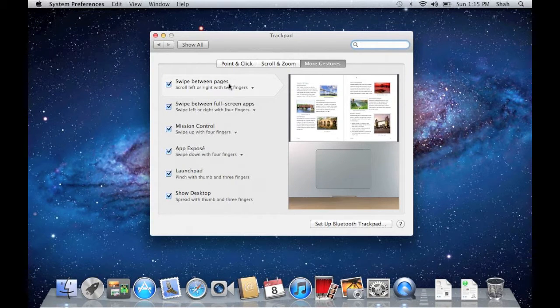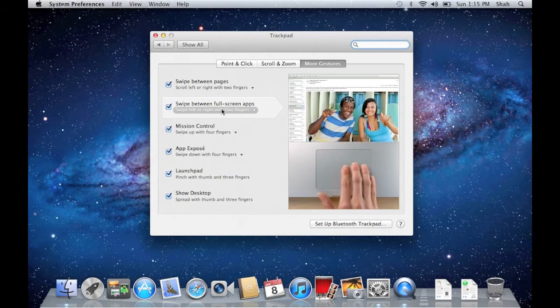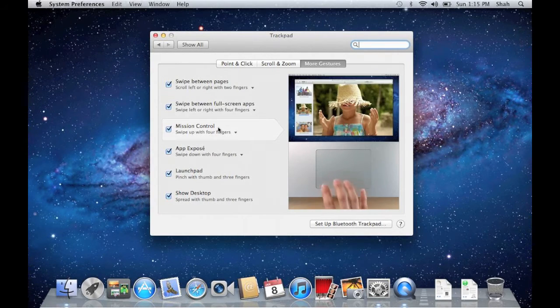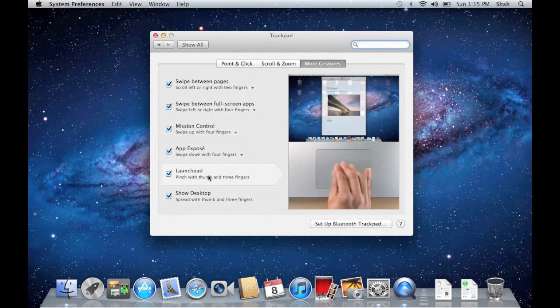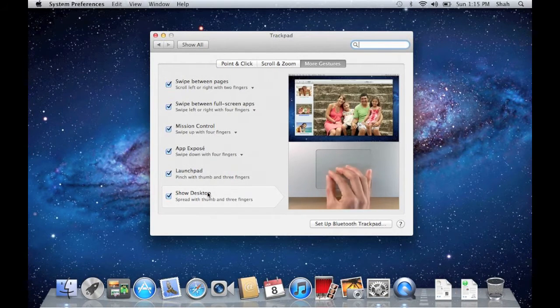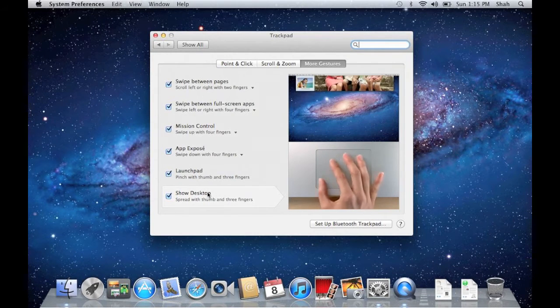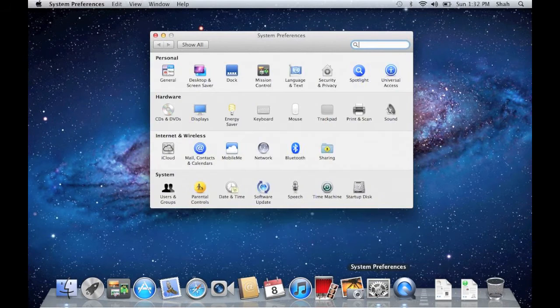Now review each section as we have just done. Click the red button to close System Preferences.